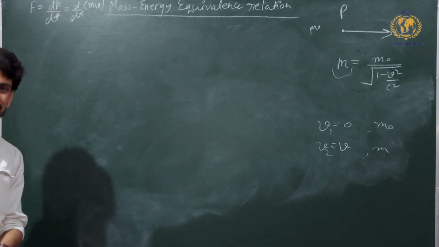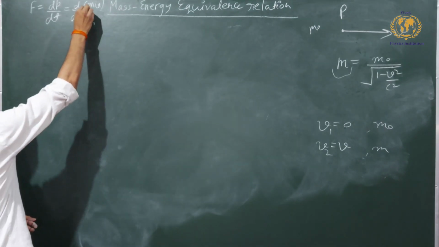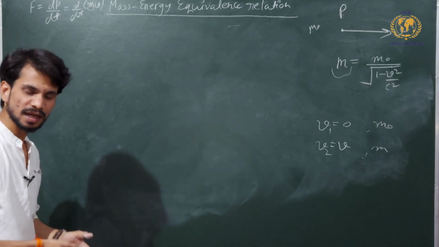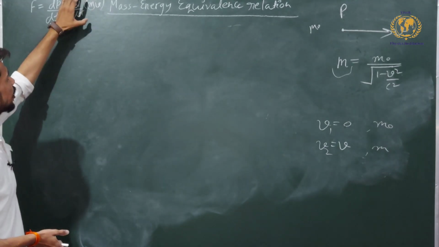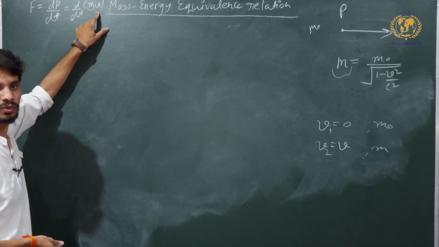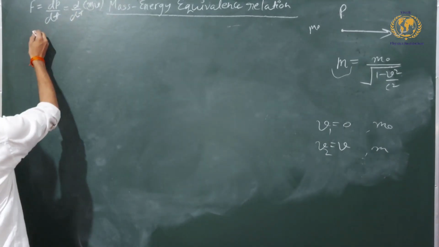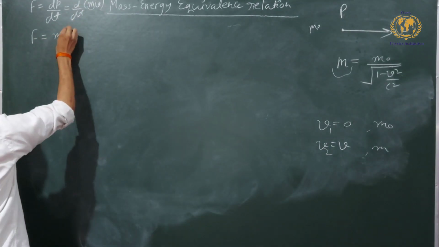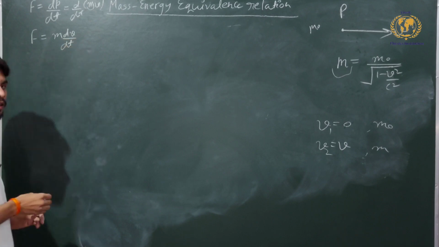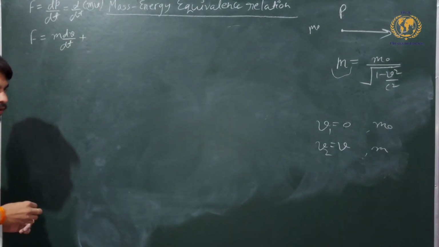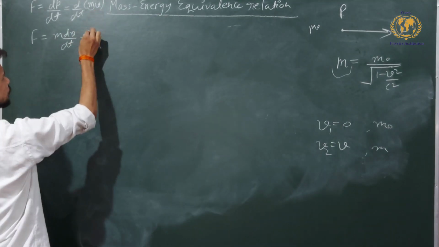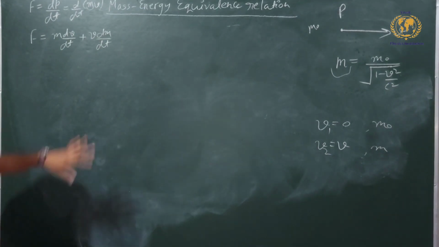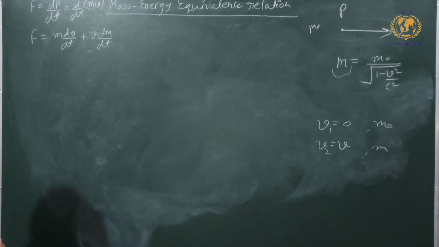So you can simply perceive that mass is not a constant quantity, and v is also changing, so both quantities are variables. In order to differentiate this equation, I will have to use the product rule of differentiation. So that will be m times dv over dt, plus, keeping v the same, v times dm over dt. This is the simple formula we have up till now.